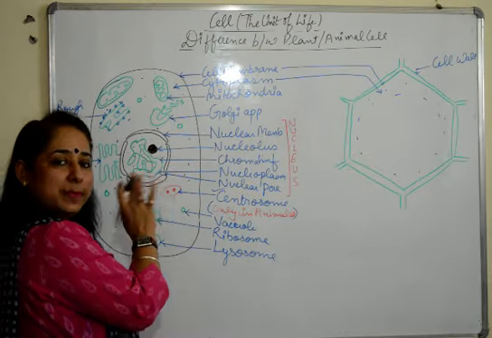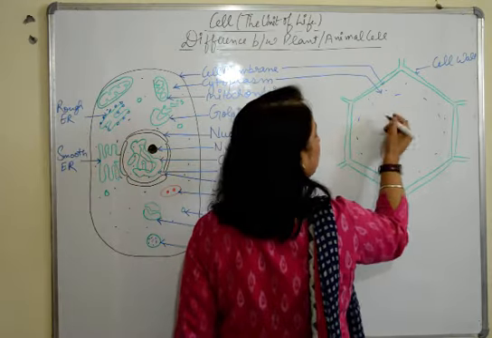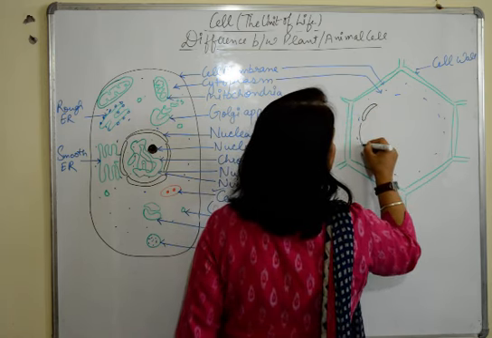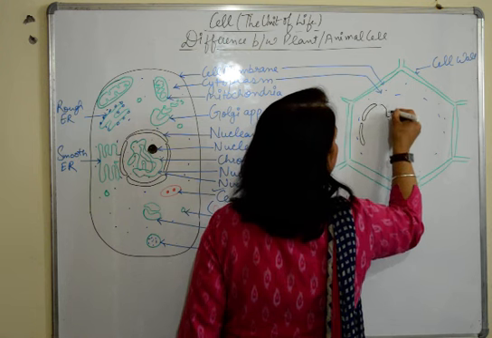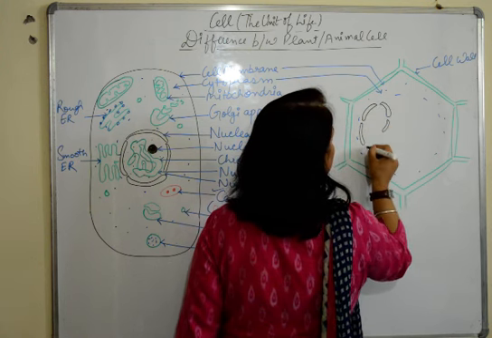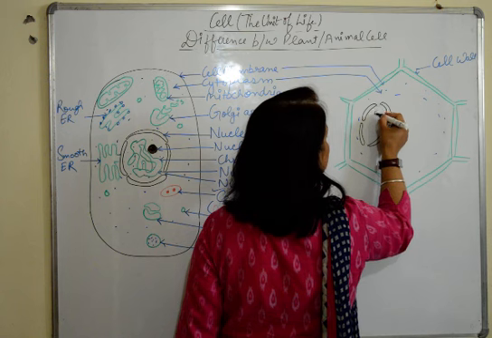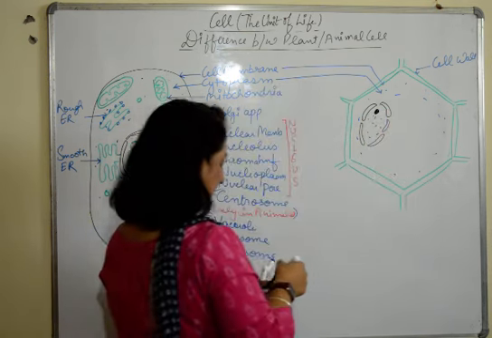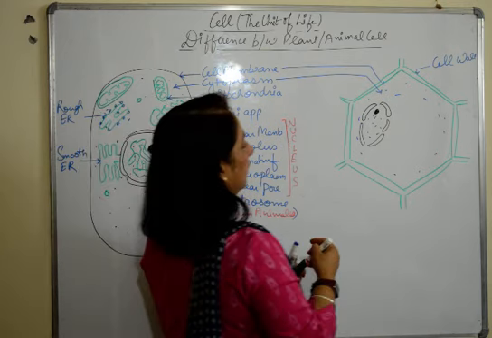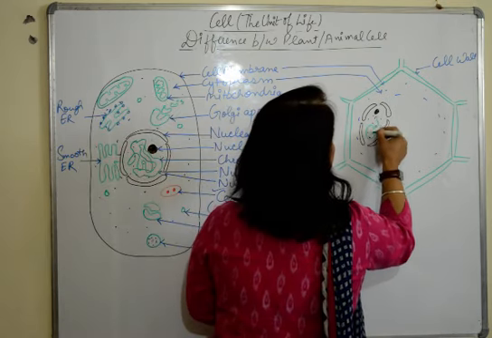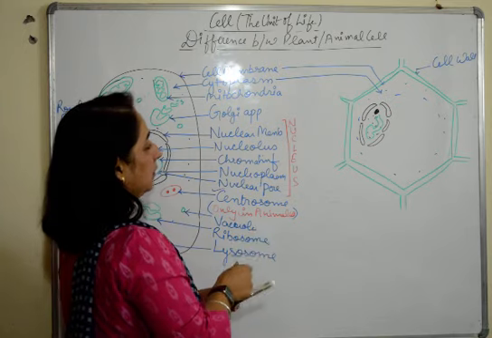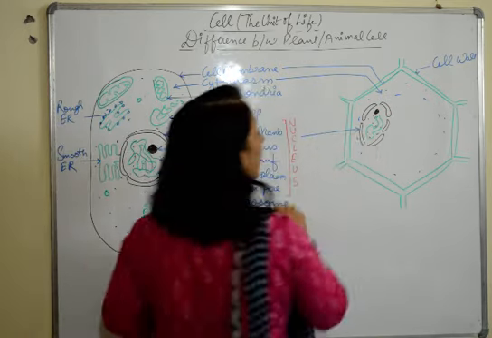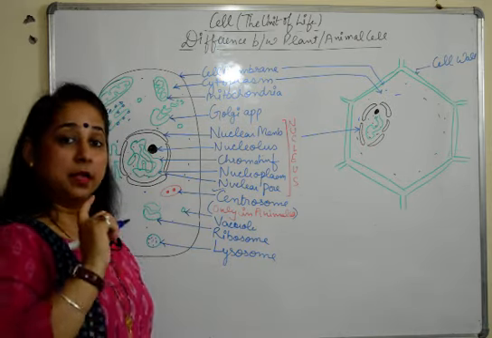Then we have our next structure, which is again common for both, but here in animal cell it is almost present in the center, but here it is almost present on the side. The structure is the same. The nucleus, which is a double membraned structure. Again, it has a nucleolus, it has this cytoplasm, and again it has these coiled chromatin material present in it. So the labeling is common. So this is the next labeling, the nucleus.